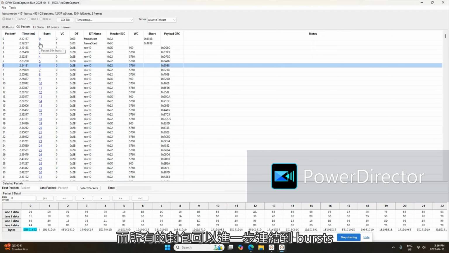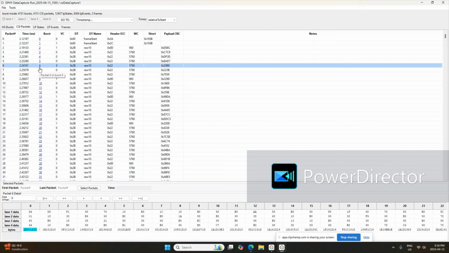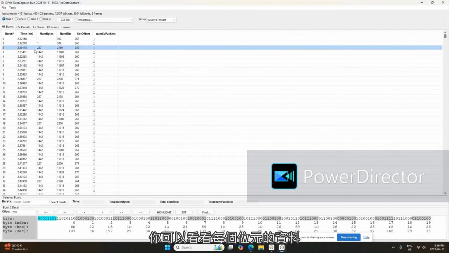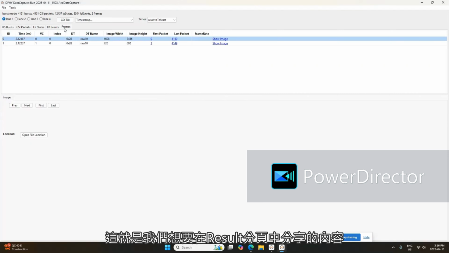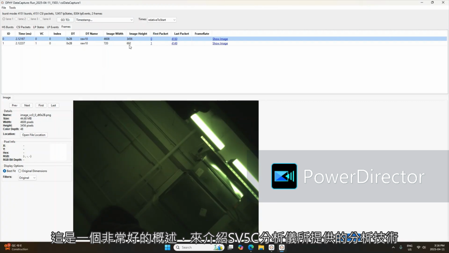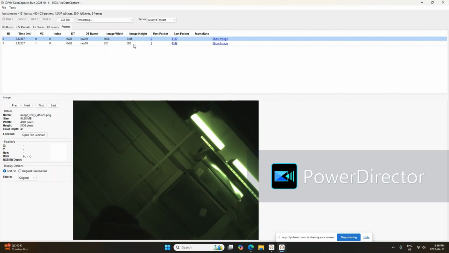All the packets are further linked to the bursts, so if you want to analyze burst information, bit by bit information, all that is summarized at the bottom in these different panels. That concludes what we wanted to share here in the results panel, and this is a very nice overview of the analysis techniques that are available through the SV5.